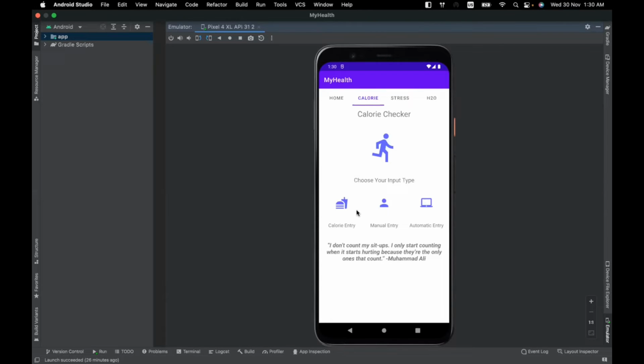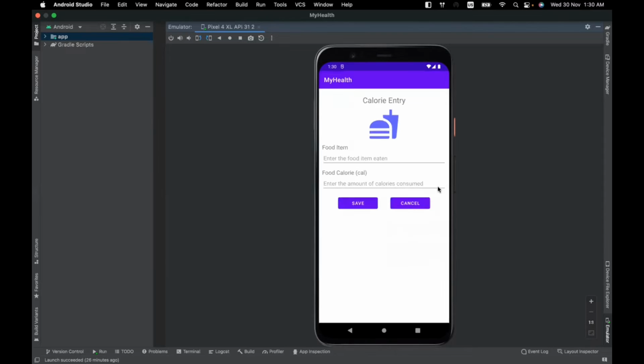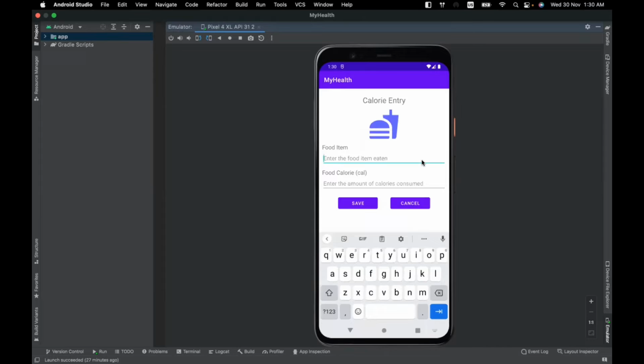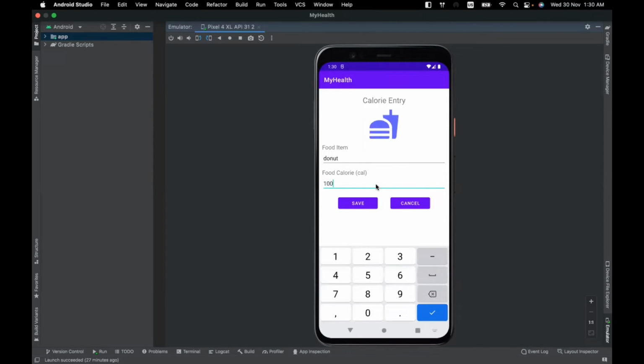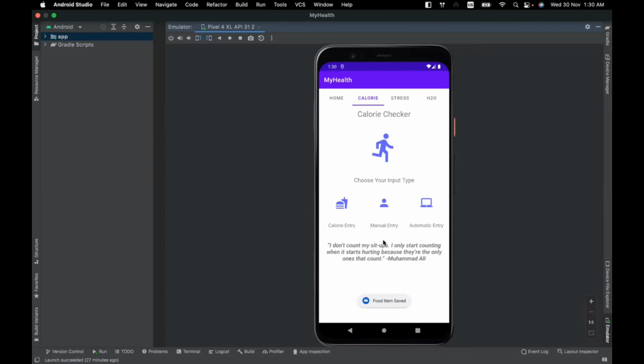If the user presses the fast food icon, then it takes us to an activity where the user has to manually type out the food item they have eaten and the amount of calories they have consumed. So let's say I ate a donut of about 100 calories. And that's how you save